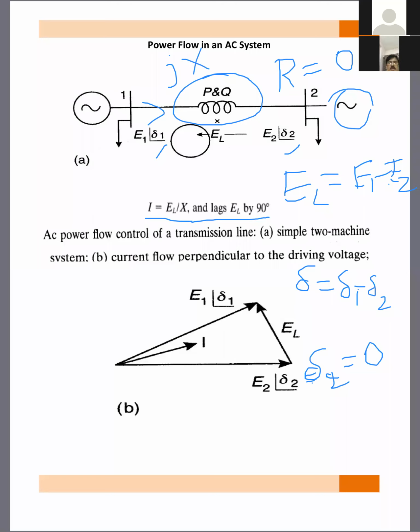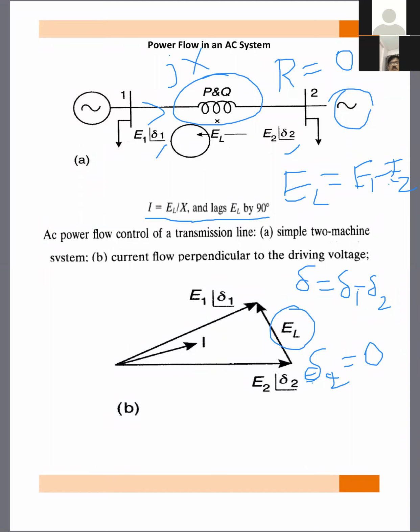E1 and E2 we take. So that is about delta, that is phase angle difference. Okay, so this is a simple phasor diagram where EL is the difference, that is E1 minus E2. Generally, subtraction in the case of phasors is similar to addition: we take minus of E2. That means we subtract the phasor E2 from E1 so that you get EL.